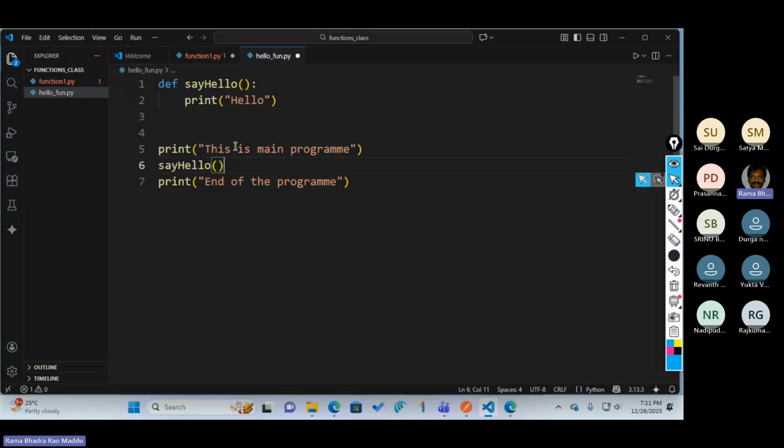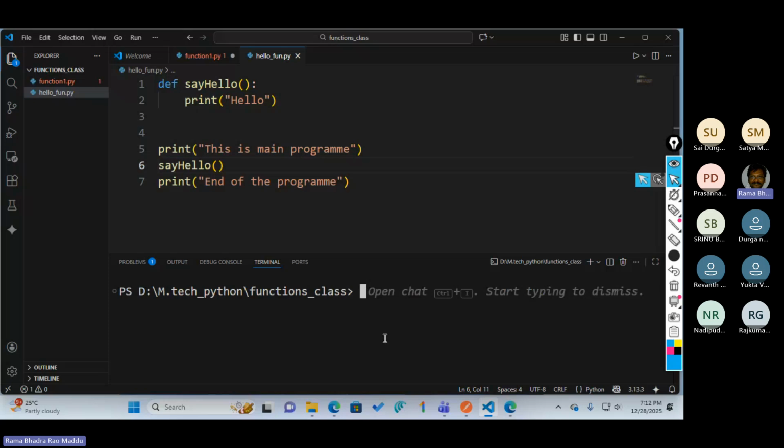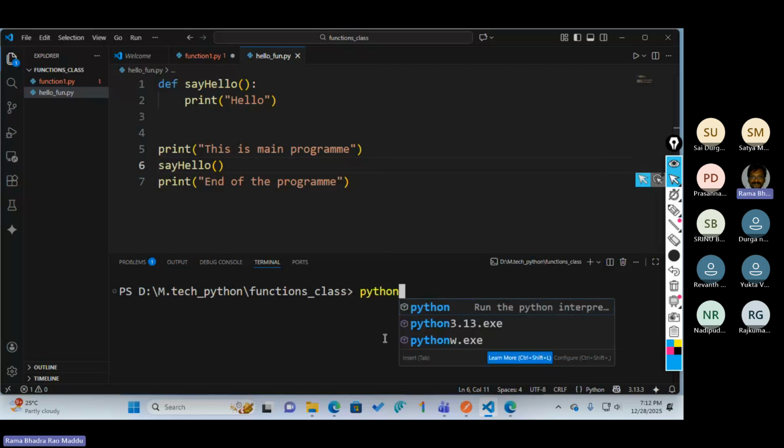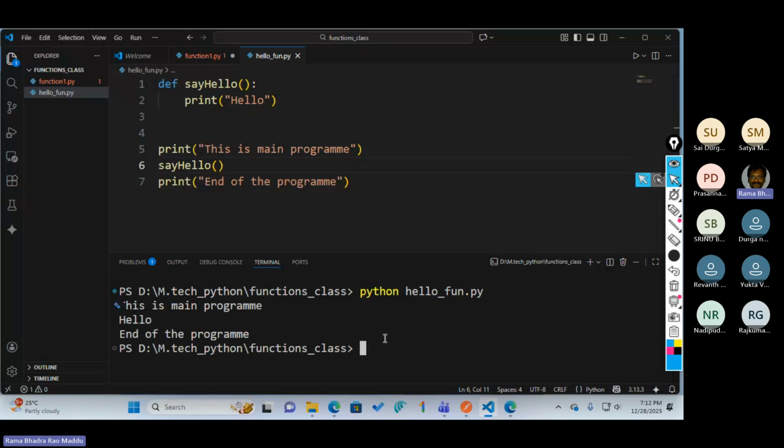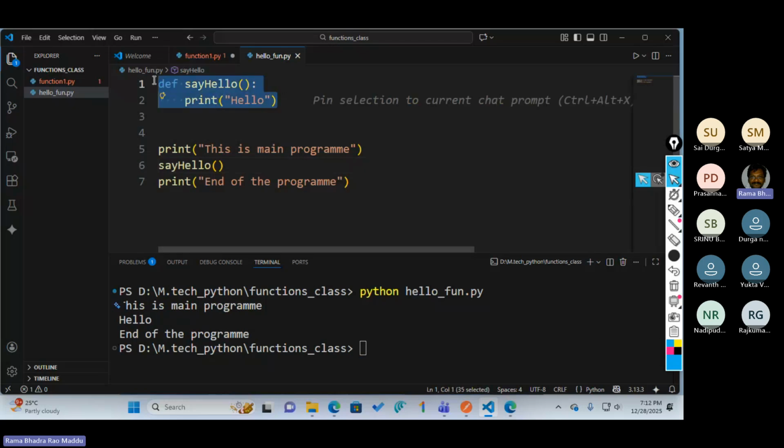So to understand this, I'm saving this program and running it in a new terminal. My program name is hello_fun.py, so python hello_function is my program. If I run this, the definition is written at the beginning, but it is not called automatically.